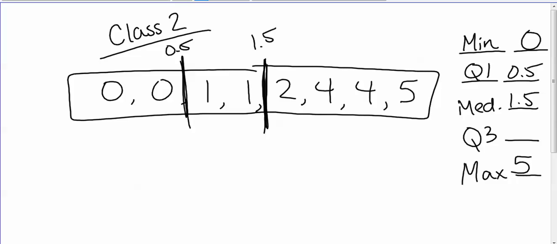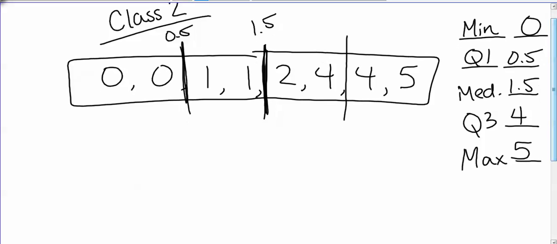Q3, you got to do the same thing. So we're looking at 2, 4, 4, and 5. You're counting into the middle, and if it's between two of the same numbers, that would be just whatever that number is. So in this case, 4. All right, so the box plot for this,